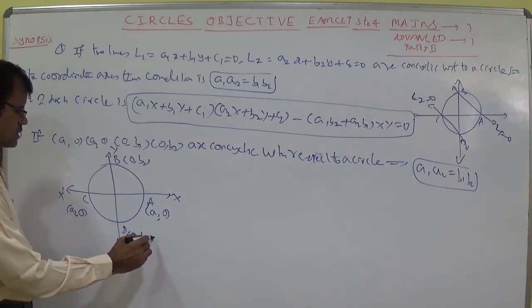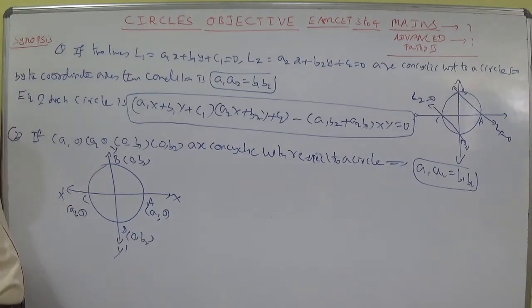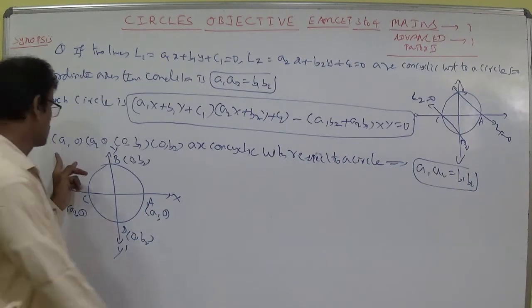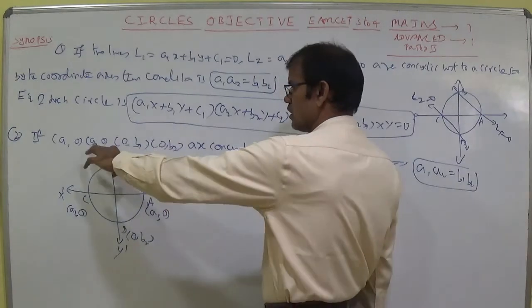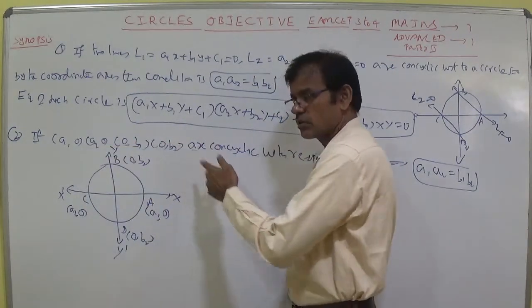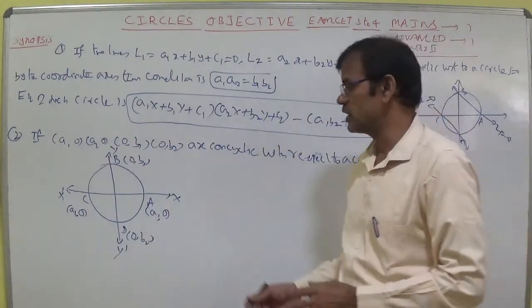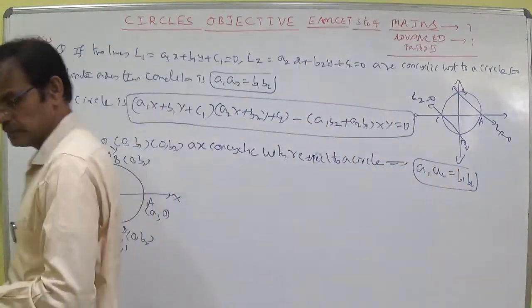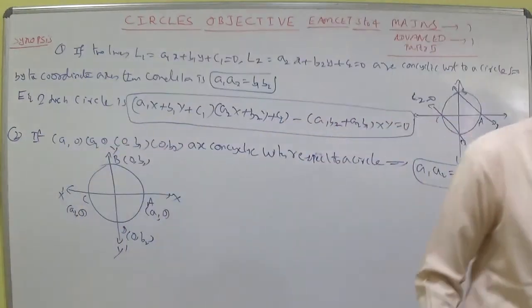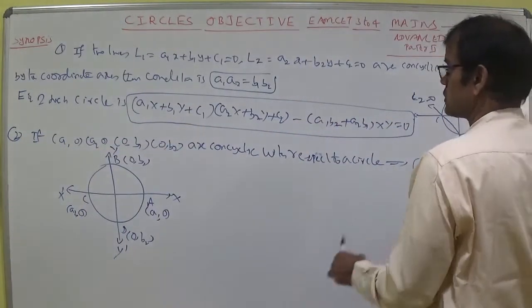In MSET, model students, it is not mains or advanced. Simply formula, he used to give like 3 comma 0, 0 comma 9, like k comma 0 and 0 comma 27. Then you should use the condition A1 A2 is equal to B1 B2. Next one. Let us discuss the synopsis some more.